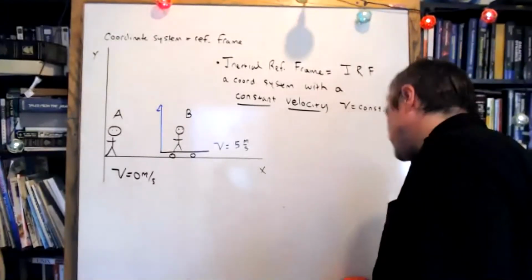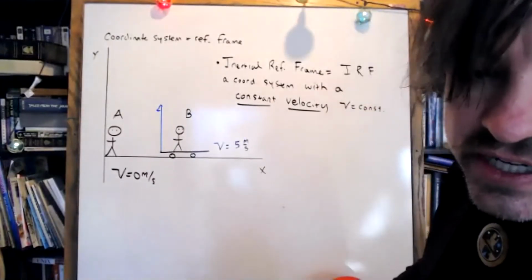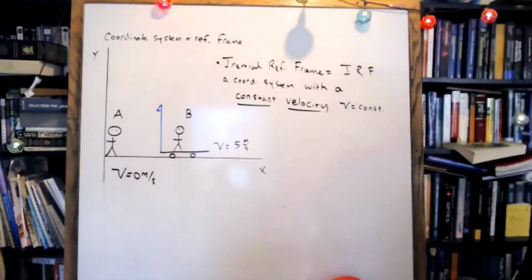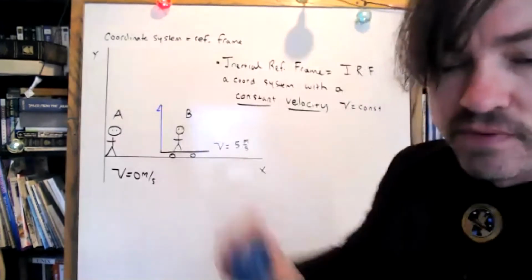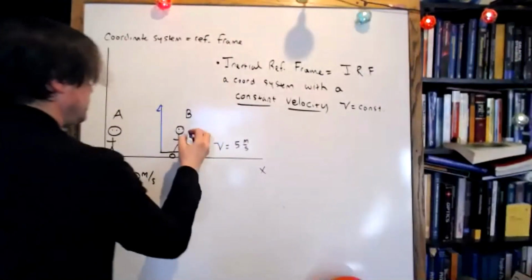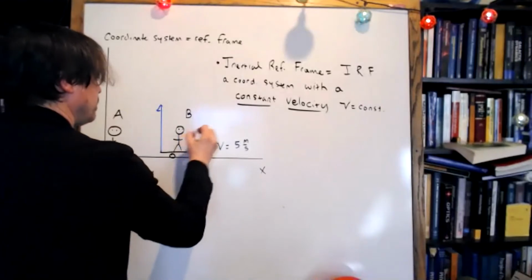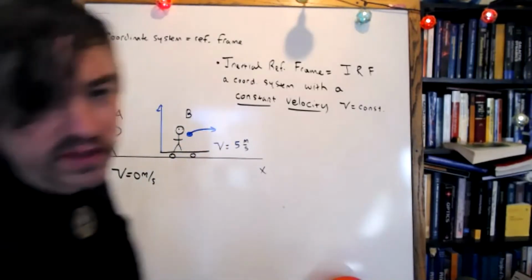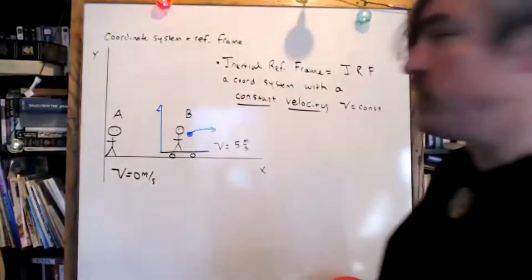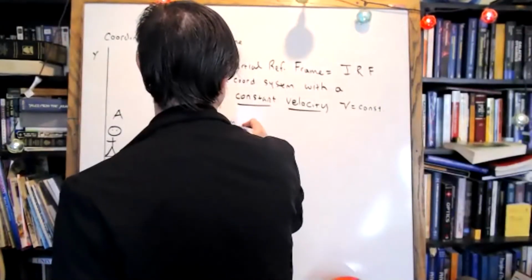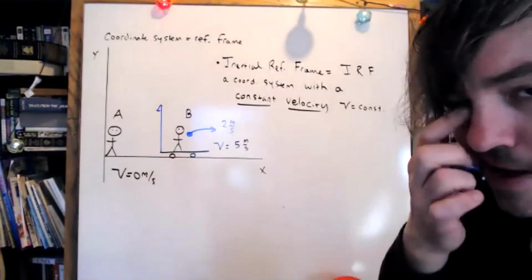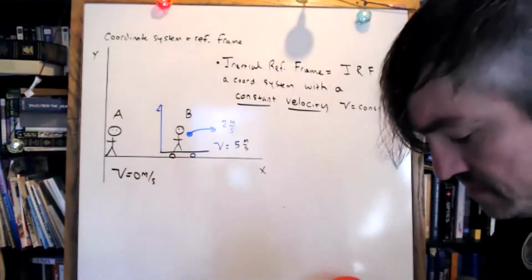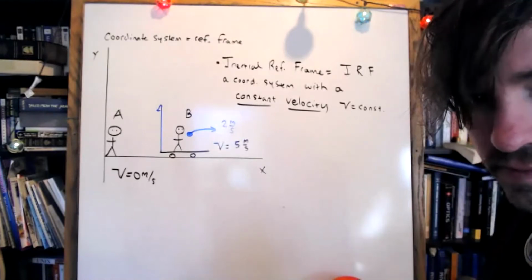For instance, let me start real simple with you guys, and let's imagine a scenario where observer B takes a little blue tennis ball and is going to throw it forward relative to observer A. And from B's reference frame, he's going to throw this ball forward at 2 meters per second. Can you guys tell me the speed of the ball according to observer A? This shouldn't be hard. 7 meters per second? Yeah.